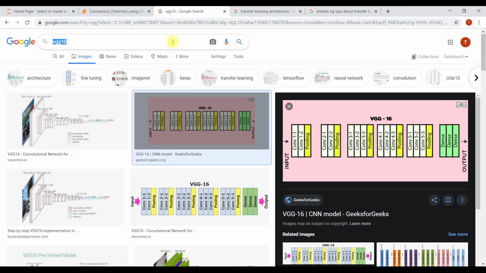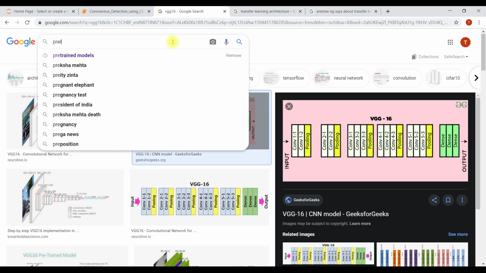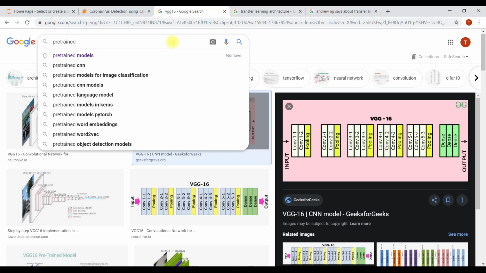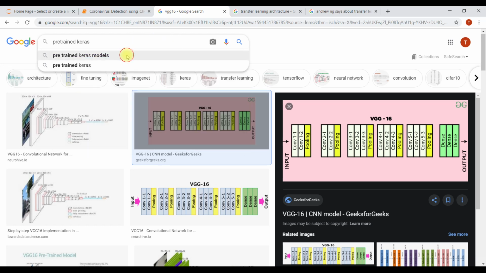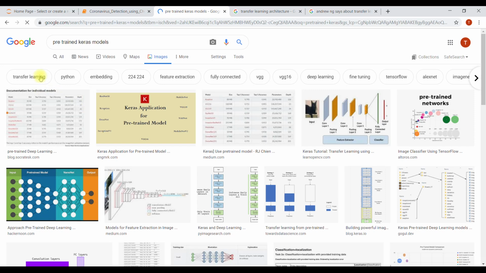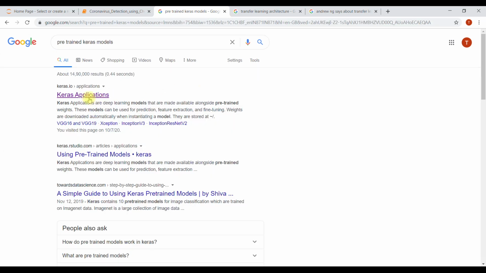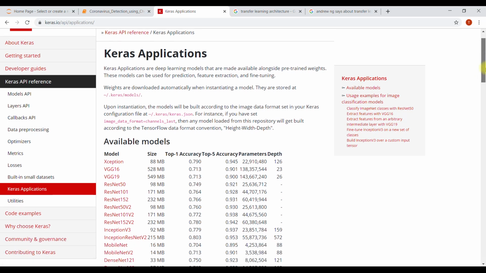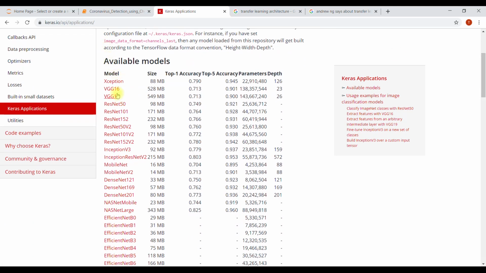If you look at the pre-trained Keras models, see this. I'm sorry for the noise behind me. In Keras you can see we are using the VGG 16 model. You can use Xception, VGG 19, ResNet 50, MobileNet, whatever you want.